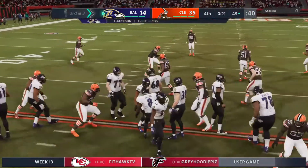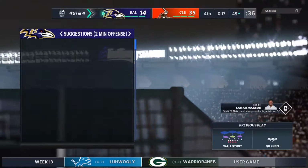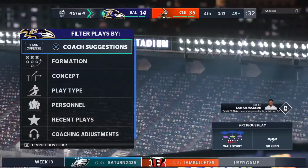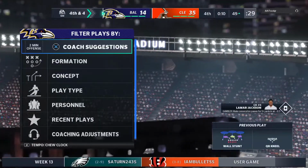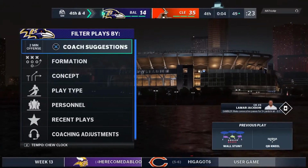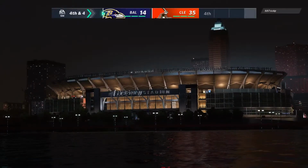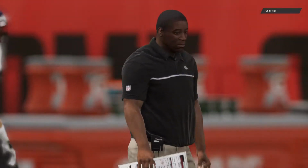And they will take a knee here. I think this offense, specifically this running game, they're going to have to find a way to turn the page because they haven't found a way to run it effectively thus far, and it's cost them. So Cleveland able to come away with the victory here. And it was their defensive